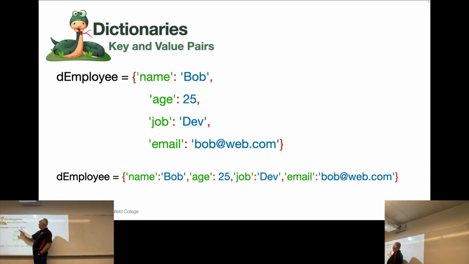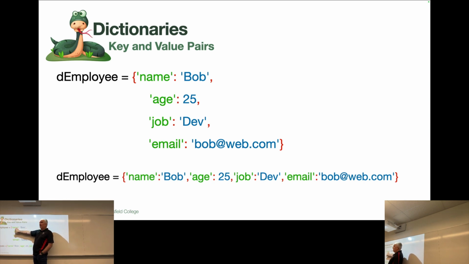And it's still separated by commas. You can see the key and the value, the green and the blue, go together. They're separated by a colon. So name, colon, Bob, comma. Then we have the next member, age, colon, 25. Now, the key